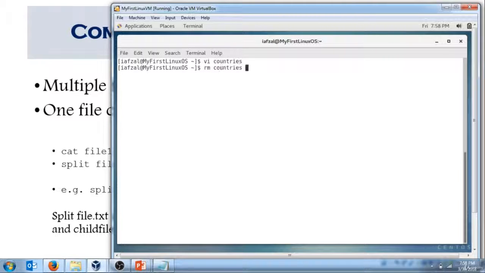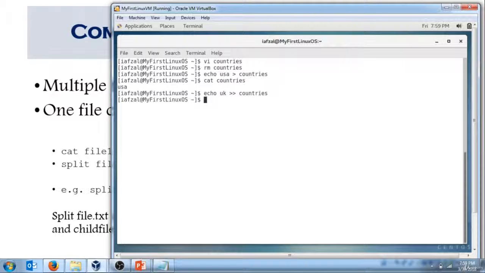Let's remove the countries file. Then do echo, put USA into countries. Cat it, and you will see, yes, it's there. Next one, you put an echo UK, and you output with 2 redirects to countries. Make sure it's there. Yes, we have 2 countries. We will keep doing that until we have some text in it. So UK, UAE,